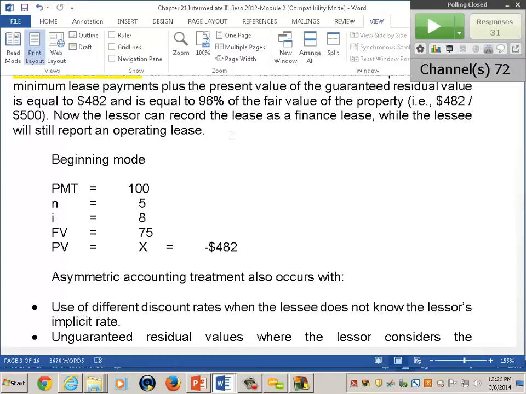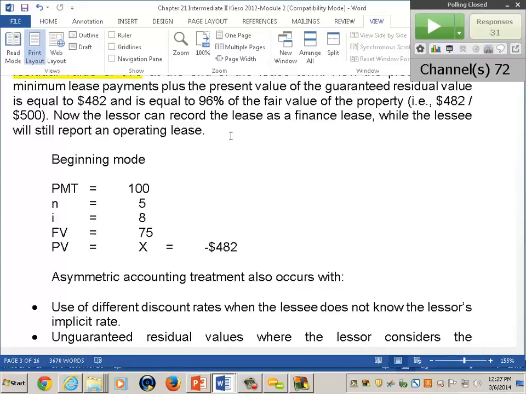So when you walk out of the deal, people shake hands, and everybody's got what they want. Lessee has an operating lease, lessor has got a capital lease. That means that nobody's got the asset. The asset disappeared. Nobody has the asset. You sell it as lessor, you don't buy it as the lessee. I mean, it sounds odd, but it's done all the time.